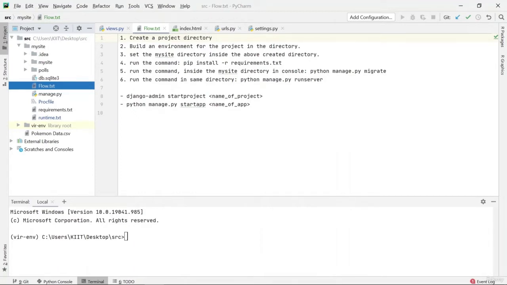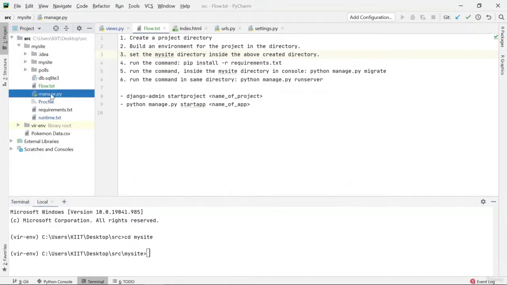Now go to the my site directory in your terminal. You can see that I have already built a project directory named src, and from there I'm going to my site directory. Now in my site directory, you can see there's a manage.py file.